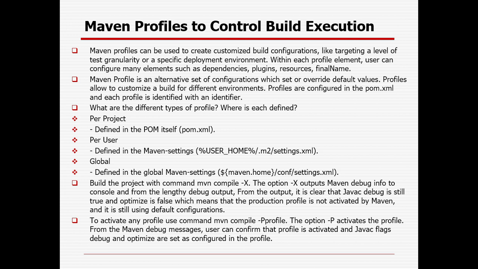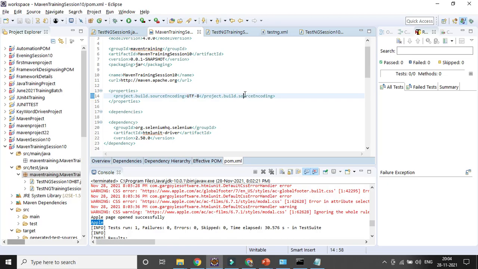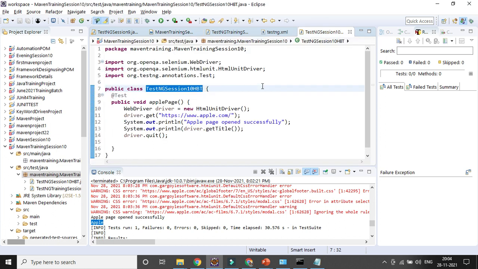Suppose you already have 100 test cases, right? So say you have created 10 classes. I am giving a simple example, 10 classes, and each class has 10 test cases, okay?